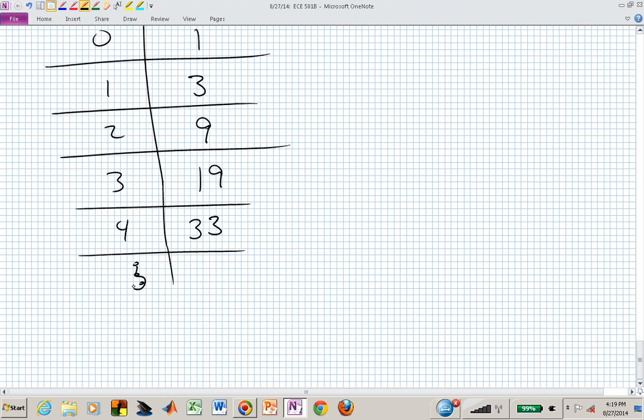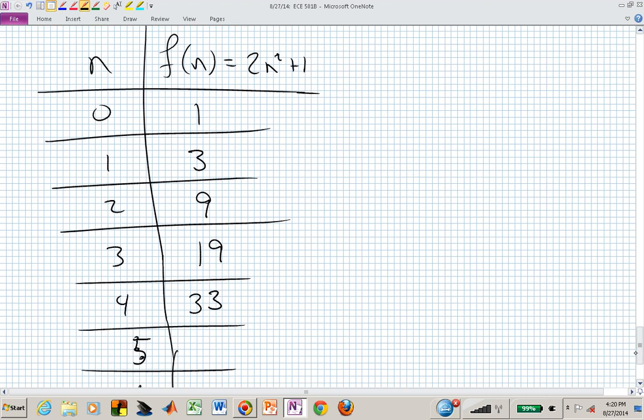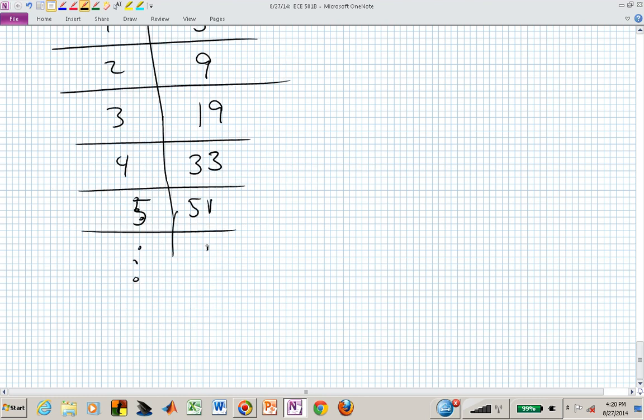N equals 5. You guys are good at this. I have to go back and show me what that is. 25 times 2, or 50 plus 1, is 51, right? And you could just keep going. That then corresponds to,